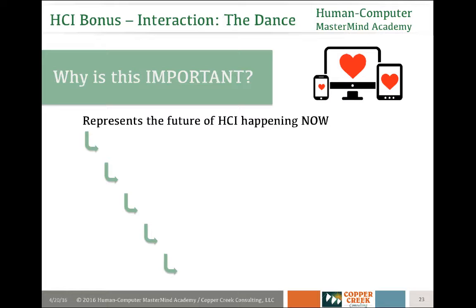It's only going to get bigger, better, more engaging because we're in the early stages of creating intelligent devices that will learn, remember, and anticipate. So we're just at the tip of this. It's just going to get more amazing. And again, this is a culmination of a lot of the other aspects of HCI that I've shared so far. This is what brings it all together.